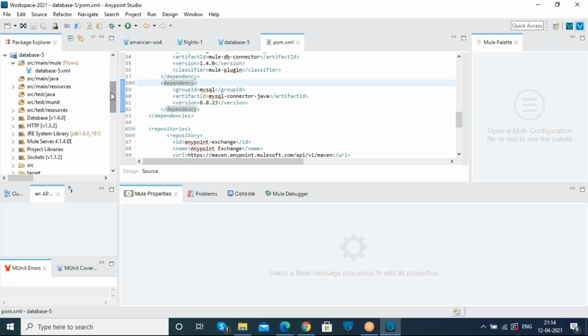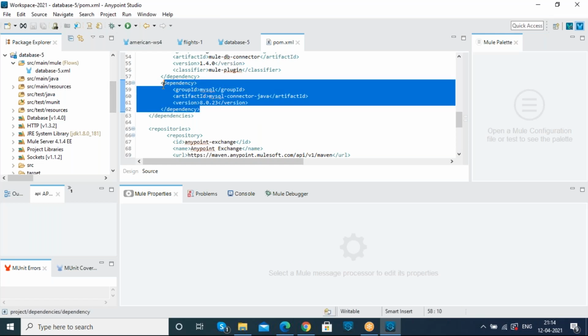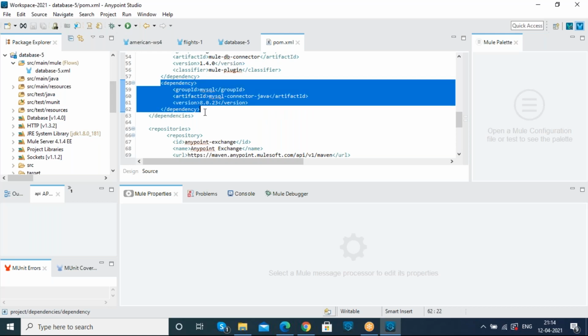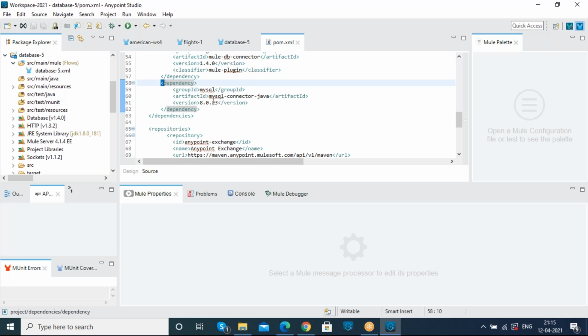So what is the purpose of this pom.xml file? Whatever jar files we add, everything is loaded here, right? Whenever I share the project code with you, since you are uploading the total project, there is no need to add the jar file locally. It will download it from the internet directly by using this dependency.